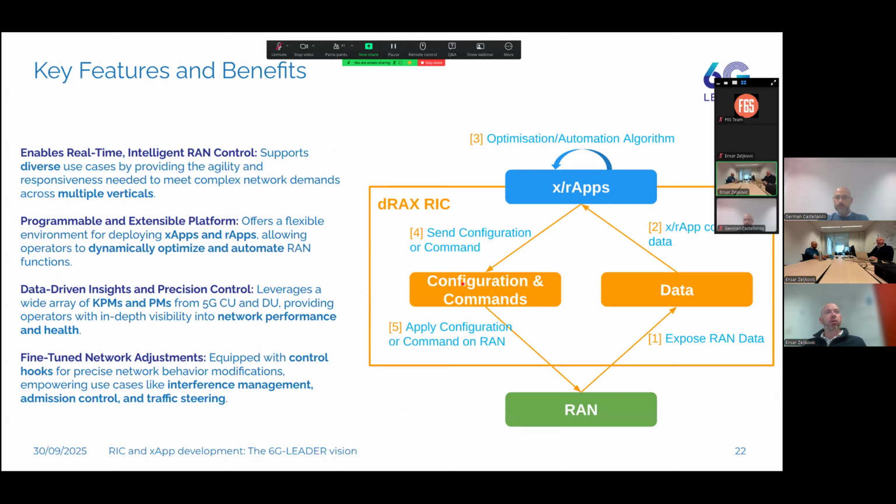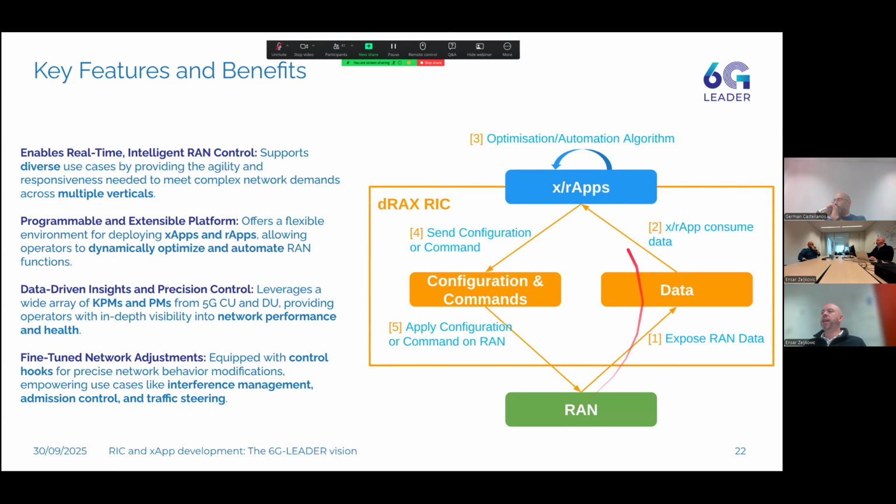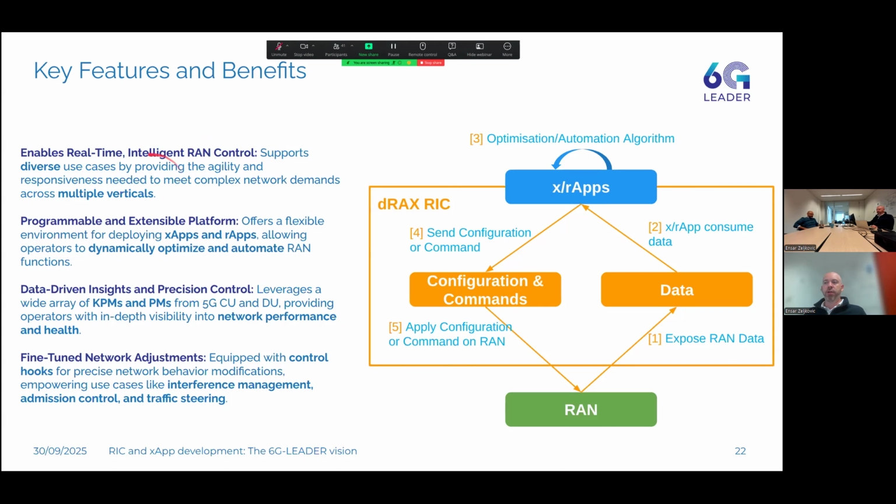On this slide, I have a quite big, high-level overview of what the RIC is. In essence, in order to support a diverse set of requirements that come from multiple verticals, we need to enable real-time intelligent control of our radio access network.